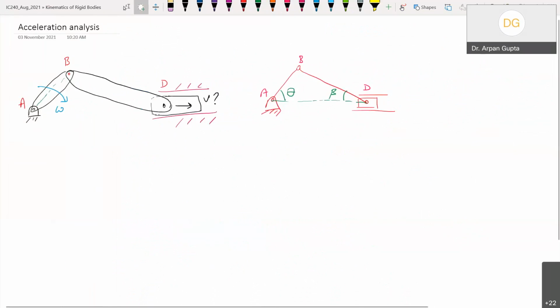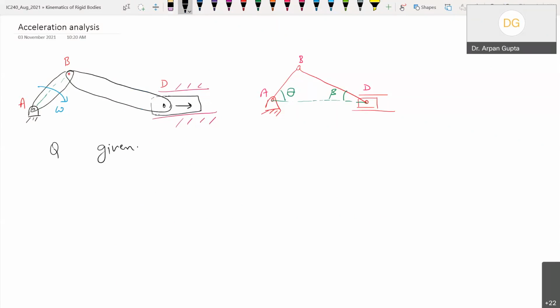Okay, so we have done the velocity analysis using the velocity diagram. Now the next question is different. So now the question is,